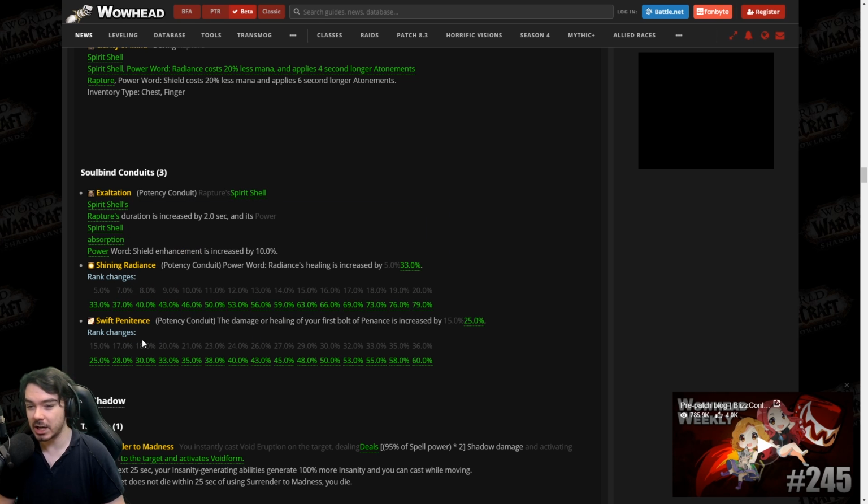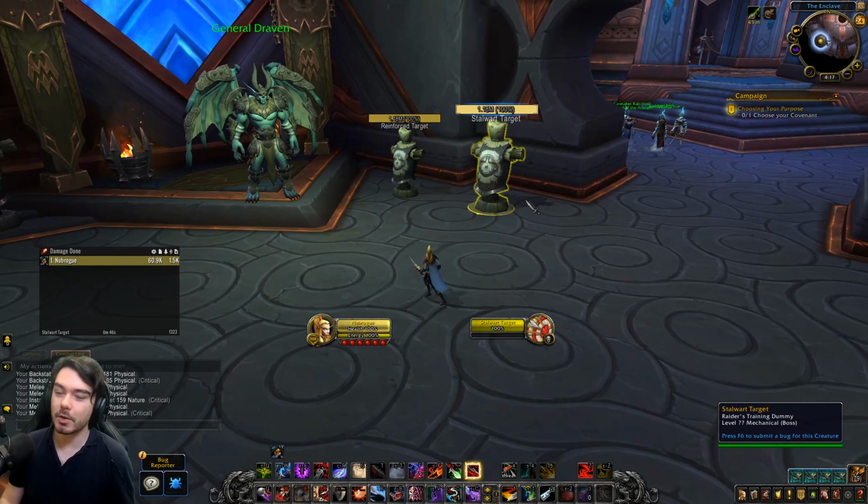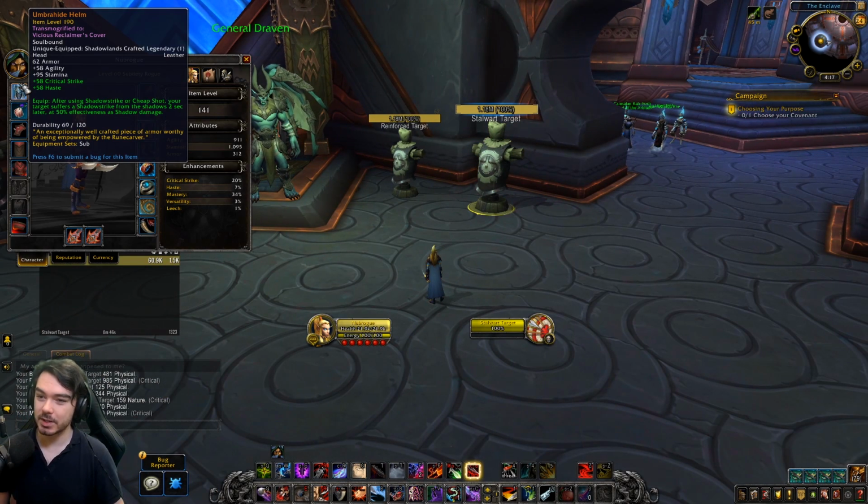Again, I think these are good changes because these were two very, very underwhelming potency conduits. You really didn't care too much about potency conduits at all as a Disc Priest. I'm not sure if this is enough to care even still, but hey, at least it's something. So there you are. Okay guys, for the Sub Rogue, one thing of course to note at the start, I